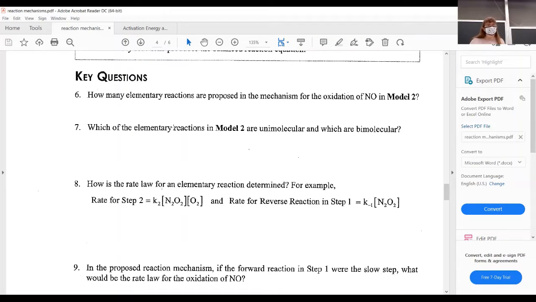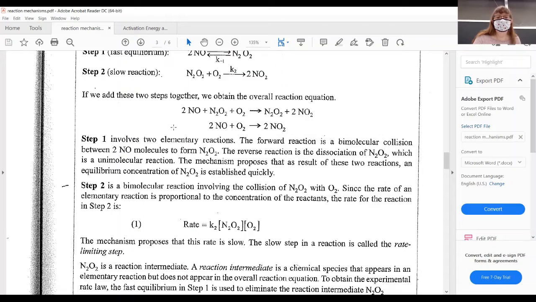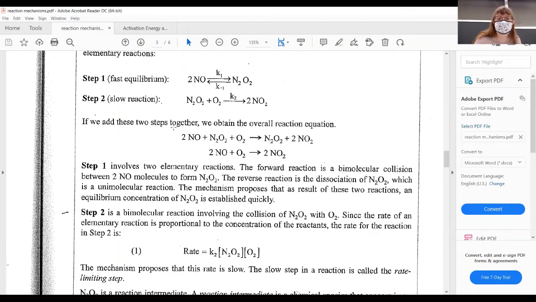But if I know that I'm just looking at the actual molecules that are coming together, if it is an elementary reaction, then I can get the rate law from that step. So let's go back to the question, it asks about the rate for step 2 and the reverse reaction for step 1. So if I'm looking at step 2, and I'm going to stop sharing for a minute so that people at home can see the chalkboard. If I'm looking at step 2,